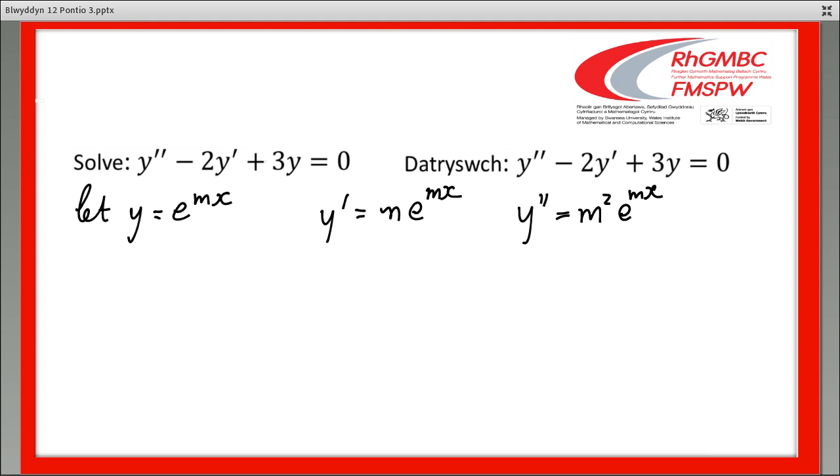So substituting that in, m squared e to the mx minus 2m e to the mx plus 3 e to the mx